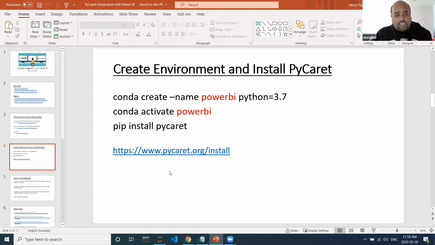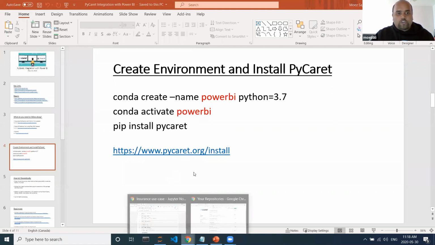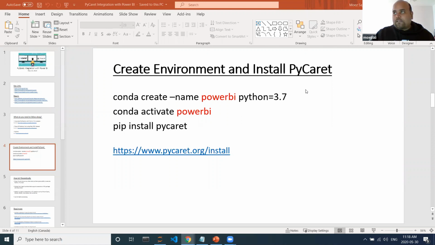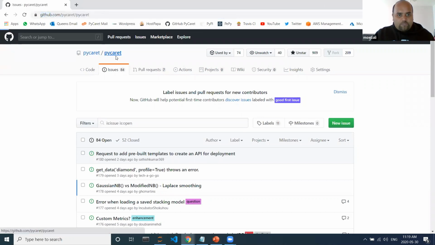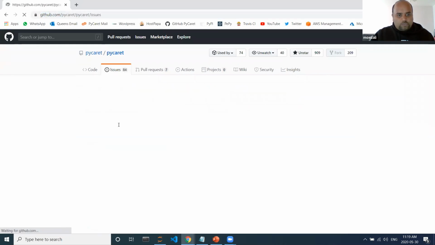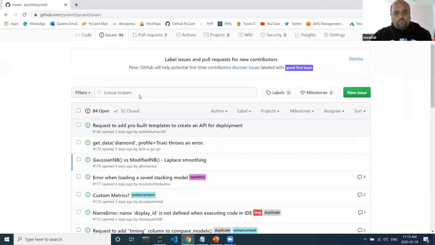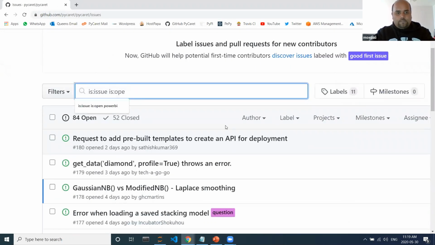If you face any error, I encourage you to look on our GitHub page, and there are many people who have faced issues with Power BI. Most of them are version conflicts and stuff like that, but people have responded. So let me show you an example. I would go to my PyCaret GitHub repository and then go to issues and search for open issue. Just write Power BI for today,